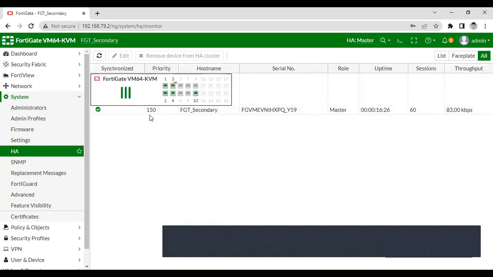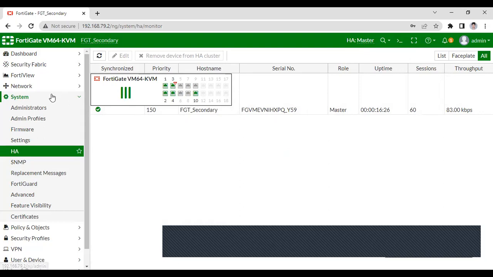As you can see, on the secondary firewall the priority was 150, right? At that time it was the secondary firewall, the slave firewall, but at this time it is the master, right? Here, as you can see, it is showing master. Once the primary firewall comes up, this firewall becomes the secondary, I mean slave, firewall, because it has less priority, right?